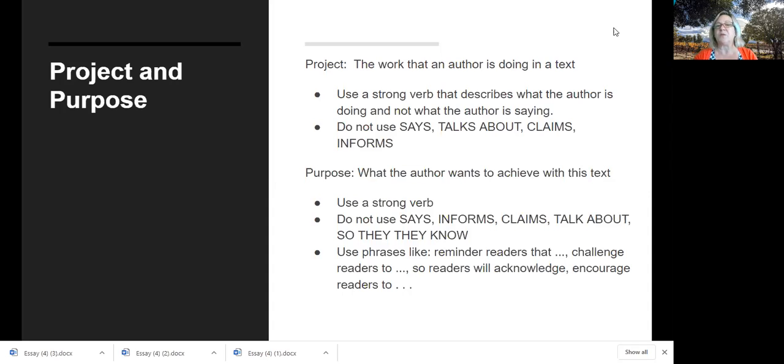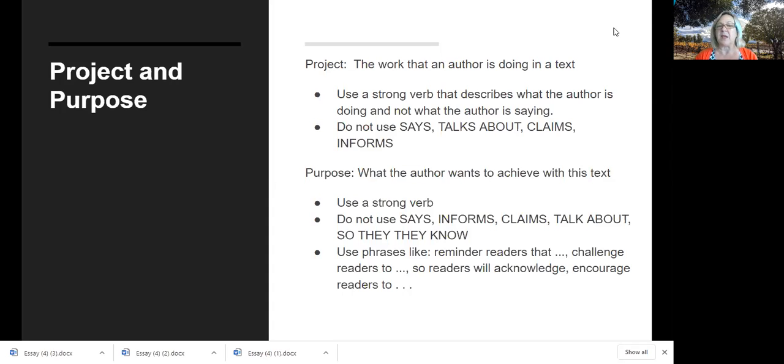So we don't want to use verbs like says, talks about, claims, or informs. We might use a verb like describes or discusses or identifies. Those are important verbs that you could use. So it's the work that an author is doing in a text.